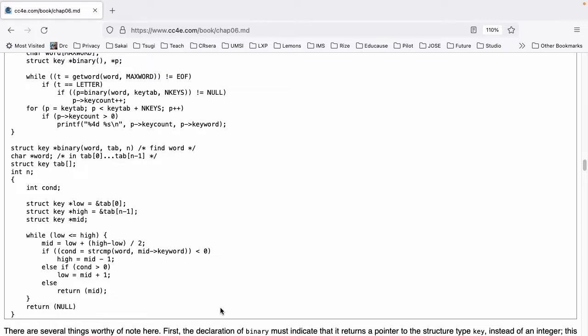while (low <= high) { mid = low + (high - low) / 2; if ((cond = strcmp(word, mid->keyword)) < 0) high = mid - 1; else if (cond > 0) low = mid + 1; else return (mid); } Close curly brace to finish the while, and then return (NULL); }